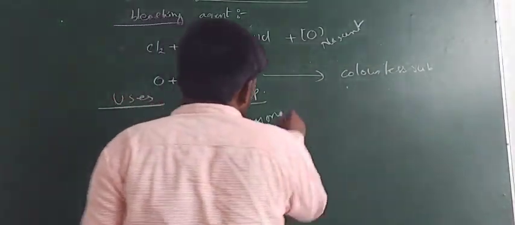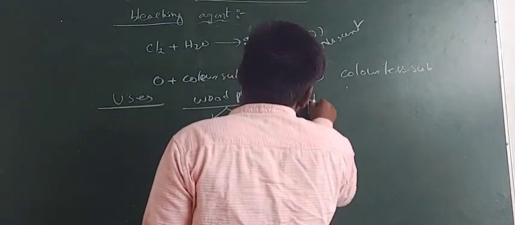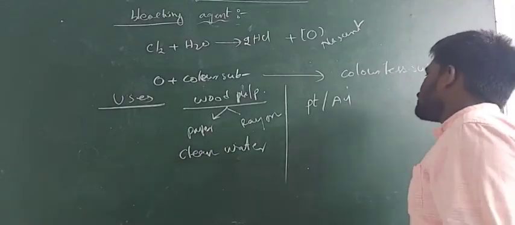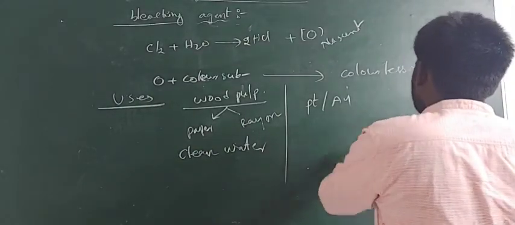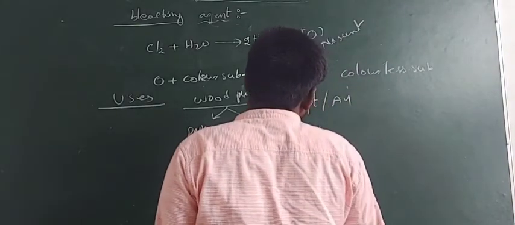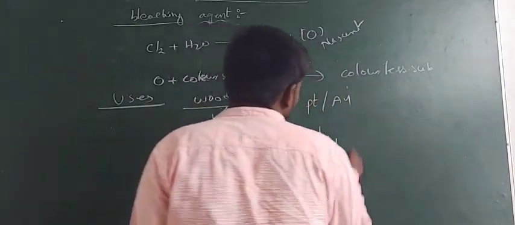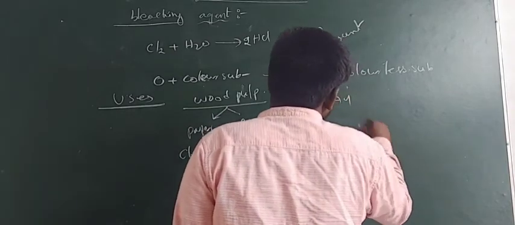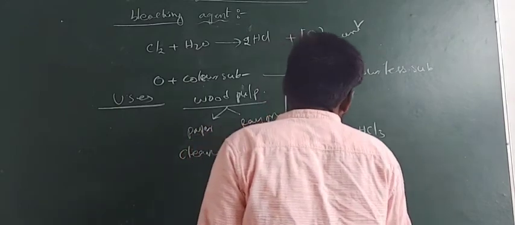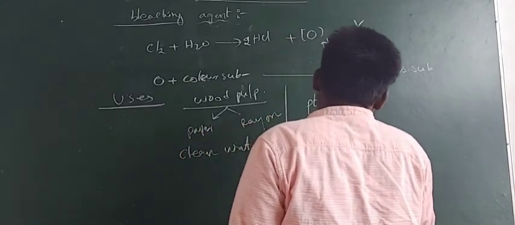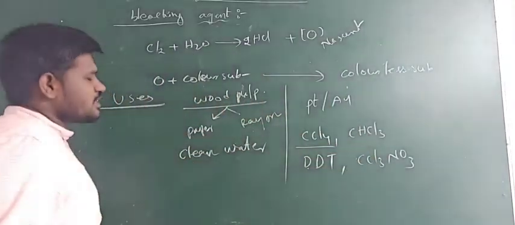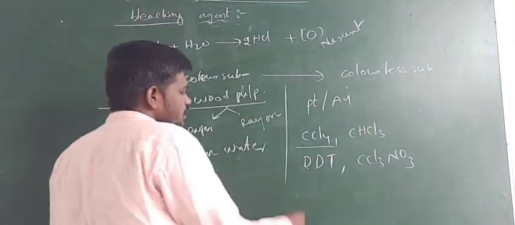And the next one, it is used in the extraction of gold and platinum. Chlorine gas is used in the extraction of platinum and gold. It is also used in making CCl4, which means carbon tetrachloride, and chloroform, that is CHCl3. Then DDT, and tear gas, that is CCl3NO2. In the preparation of all these substances, chlorine gas is used. Here DDT means